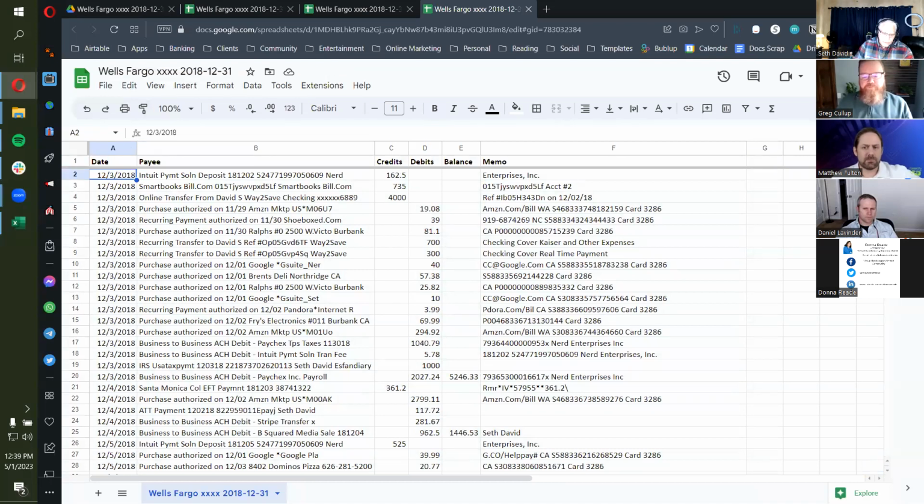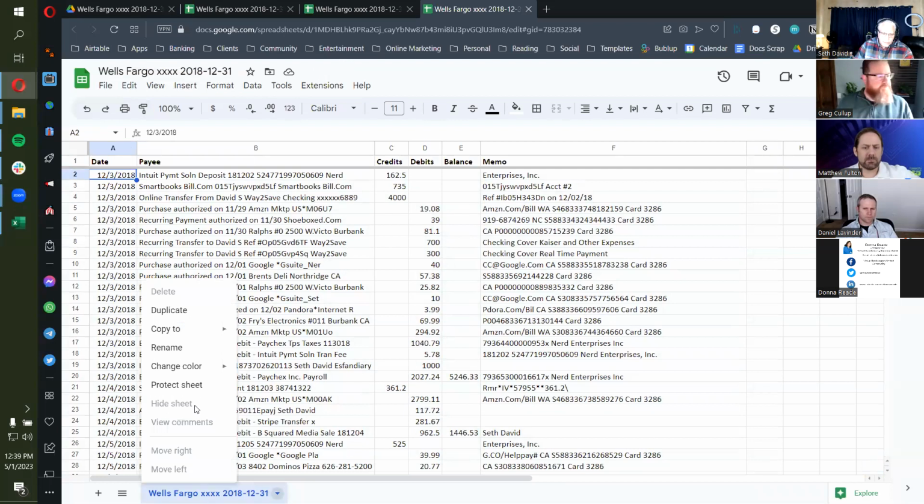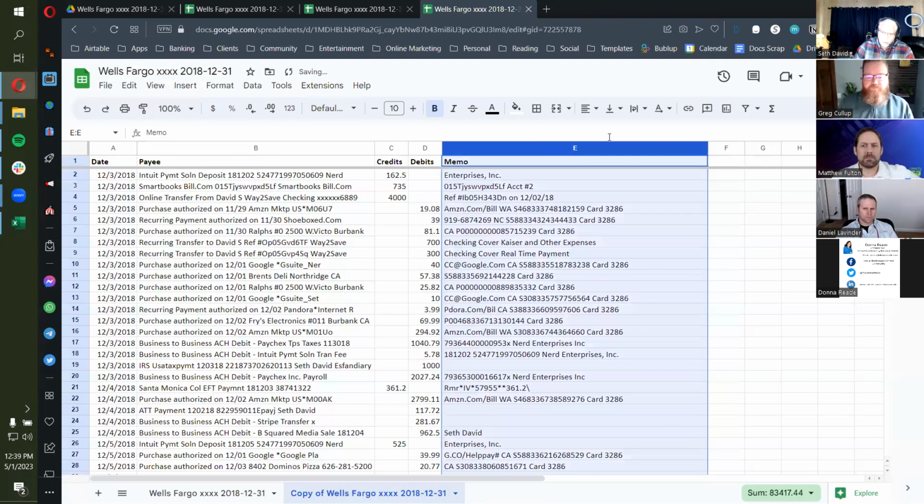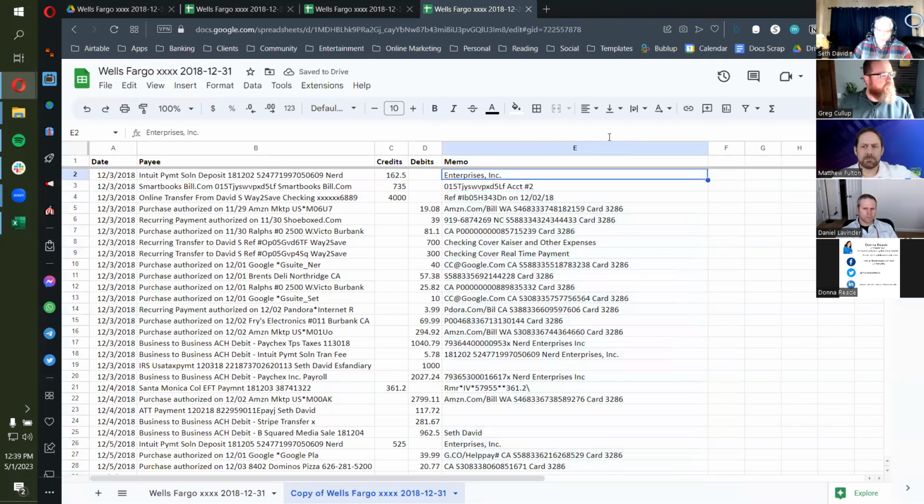Let's make a copy. So here I don't have the control click. I just right click and choose duplicate. Right. So that's how I preserve what I downloaded. Control minus, keyboard shortcuts, by the way. One of the complaints I heard over the years from people who were trying to get from Excel to Google Sheets was they're so used to the keyboard shortcuts. I was too. You can turn on the legacy keyboard shortcuts in the options.